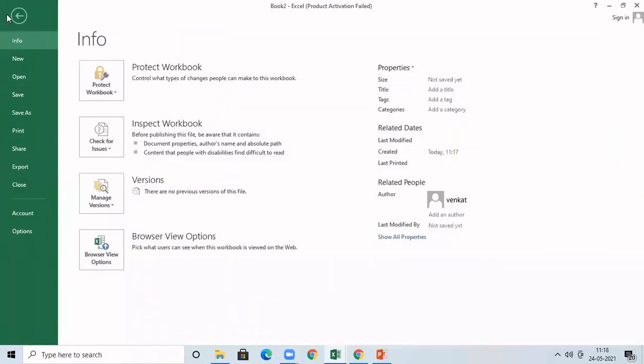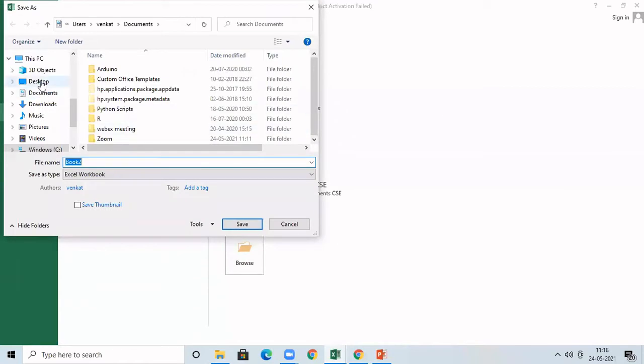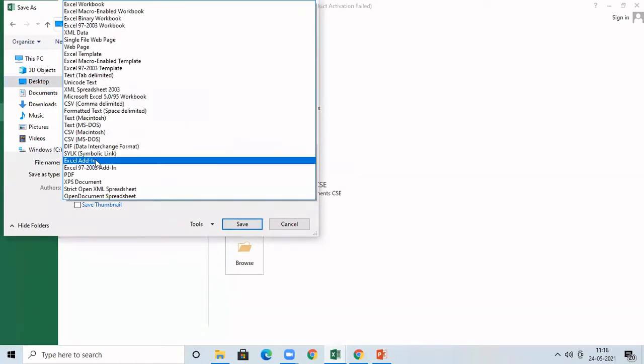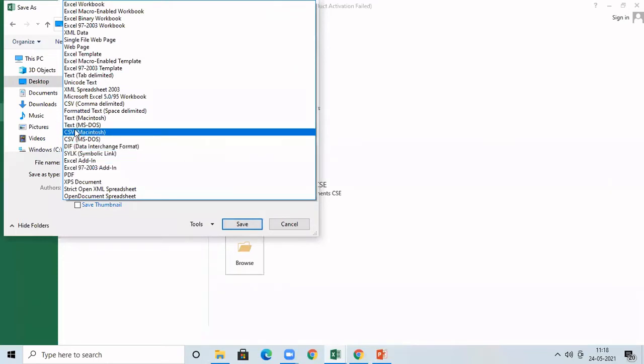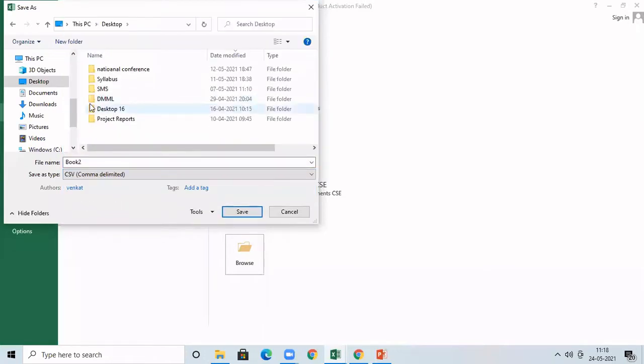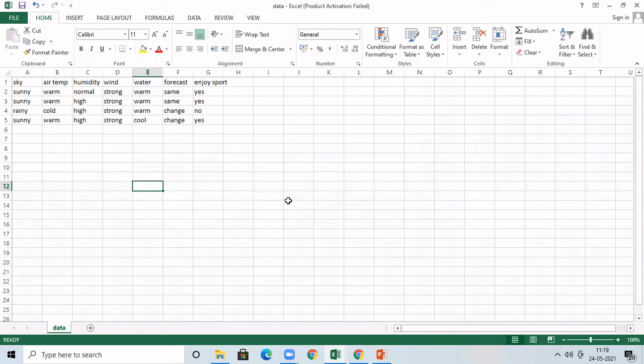Once you do that, you have to save the file. So go to File, Save. Wherever you want, you can save it. Let me save it on my desktop. When you are saving, you see here, you are now going to save a CSV file. CSV stands for comma separated value. When you go to save, you will see here CSV comma delimited. Whatever name you want for the data set, you can give it, then save. So this is how first you create a CSV file from the data given to you.